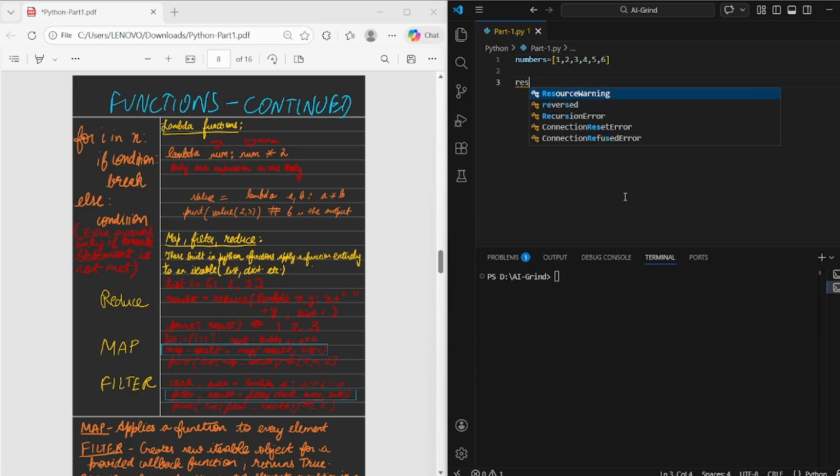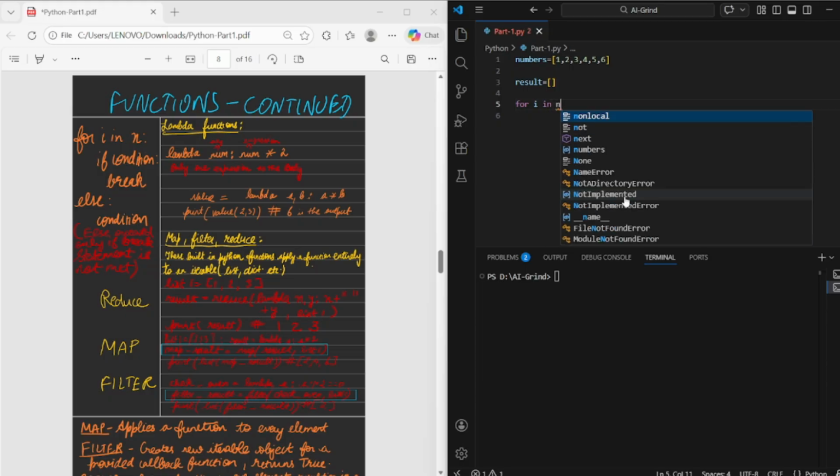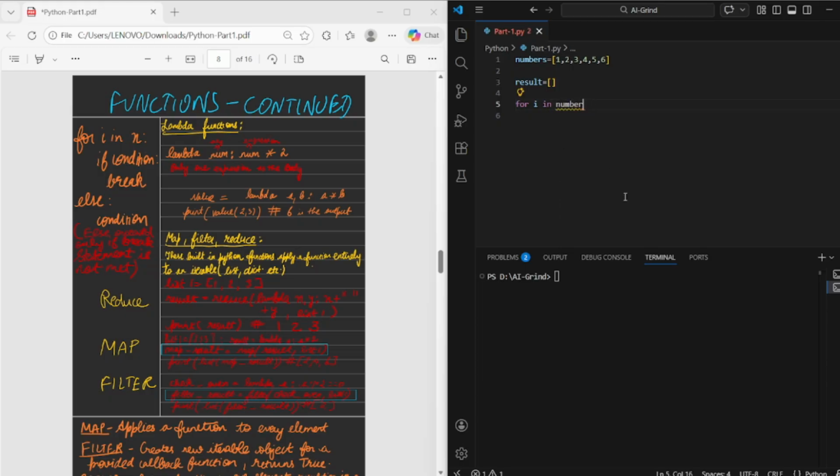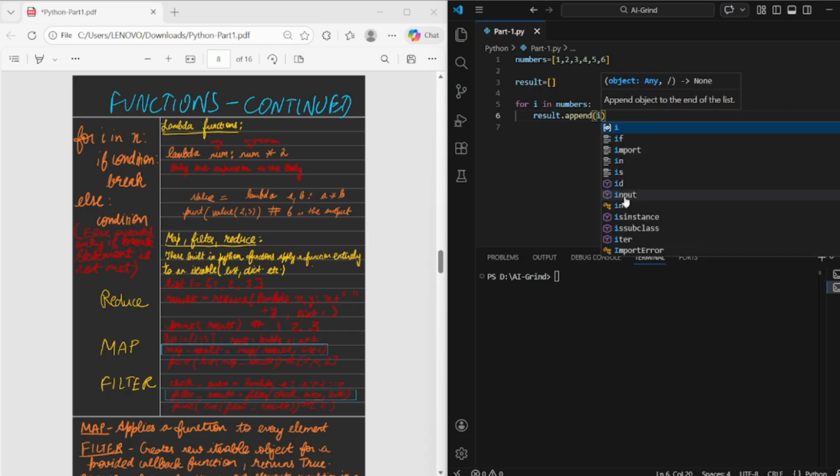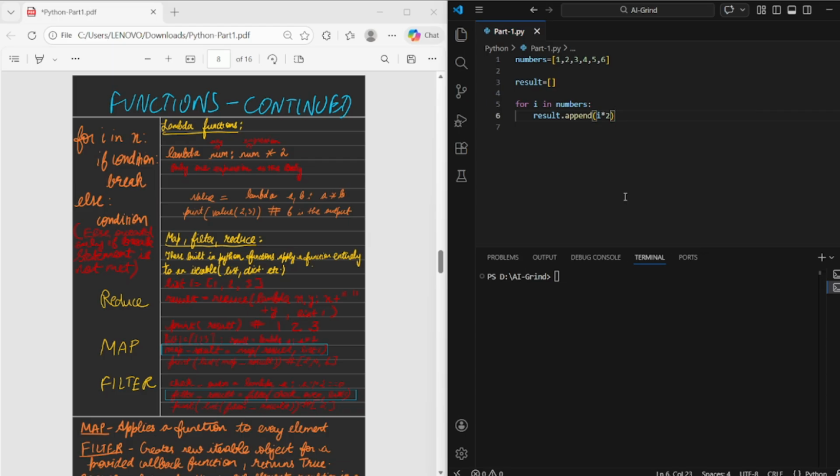And I just keep a separate result list to store the results. Now, in traditional programming, what we'll do is for i in numbers, you'll do result.append, and then you'll append i into 2 basically. So you append the elements inside the numbers and multiply every element by 2 and then append into the